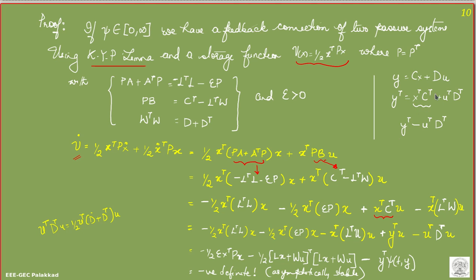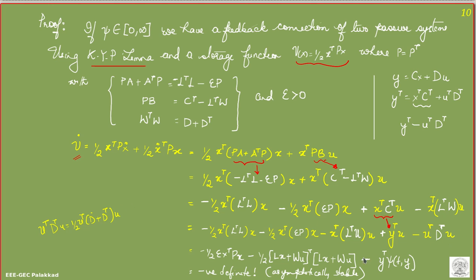So instead of x transpose c transpose, you substitute y transpose minus u transpose d transpose here. When you substitute that y transpose into u, here you have y transpose into u transpose into d transpose into u. Okay, here you have u transpose into d transpose into u, and one more substitution you make instead of this